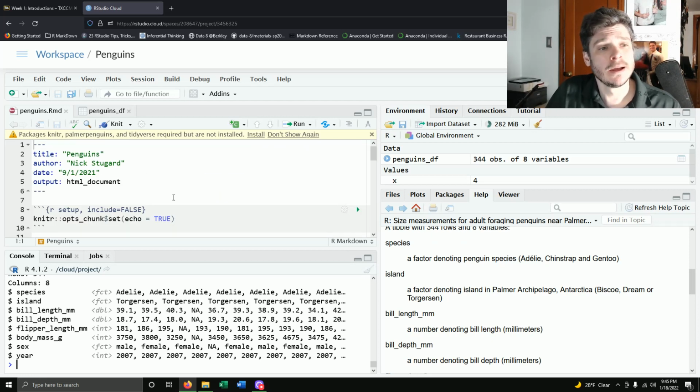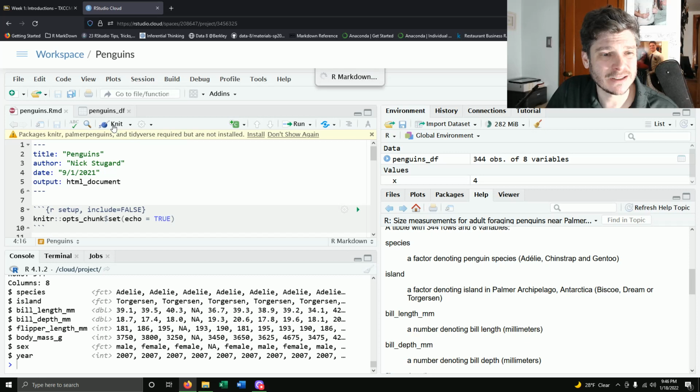So, 2 things. First, we have our header. The title is Penguins. That's good. The author, well, I'm the author, but you're the one who's handing in the report, so change that author name to your name. And then also change the date to reflect our current date, which is definitely not from 2021. All right. Once you have changed those things, we want to knit it. And we choose the output. So by default, typically the output default is HTML document. And if I just click